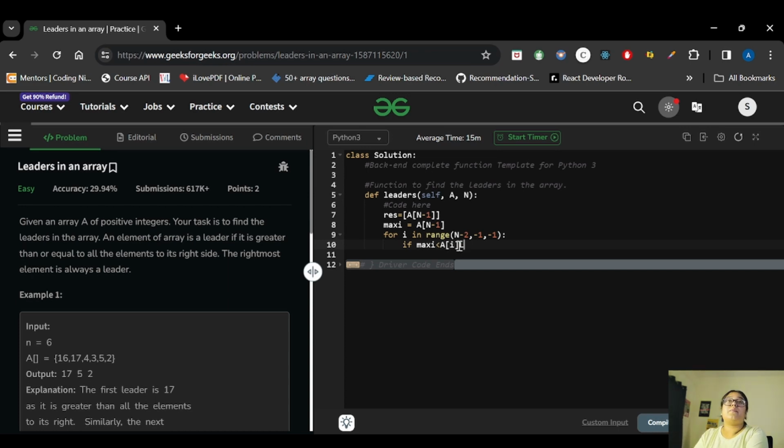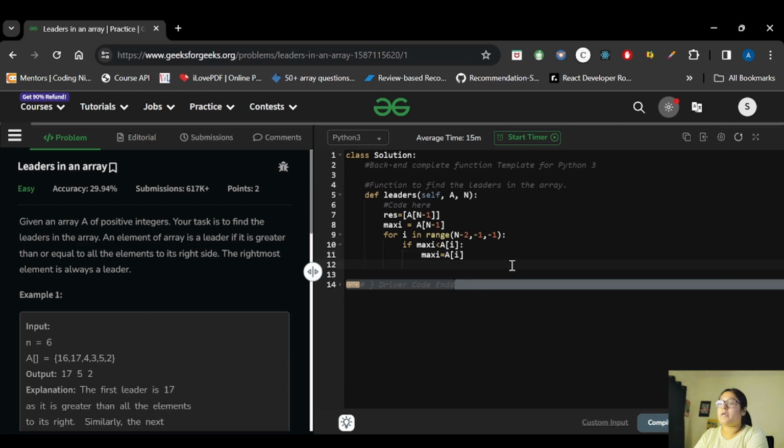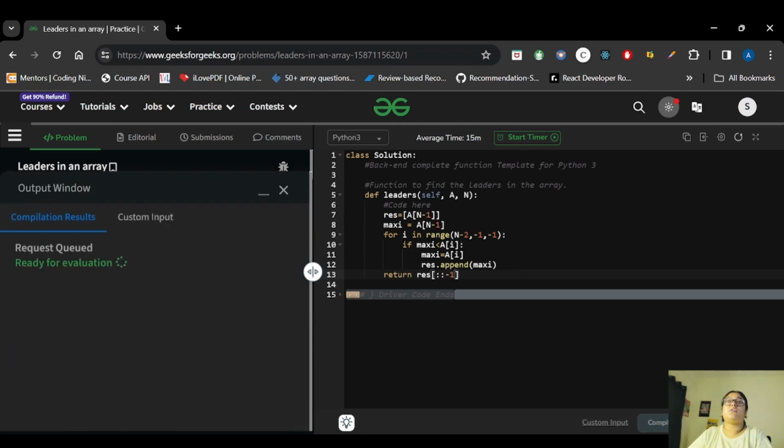Now if it is less than, that means we have another leader, right? So we can append first, otherwise we can either update maxi or we can directly append also. So let's append with maxi only. Out of this loop we can return the result in the reverse order. So now let's try to run this.